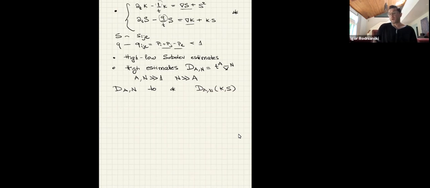Now, what is the role of this operator DAN? Well, this part is clear. We're trying to control high spatial derivatives of our solution. What about the role of t to the power a? Well, it serves a double role. On one hand,